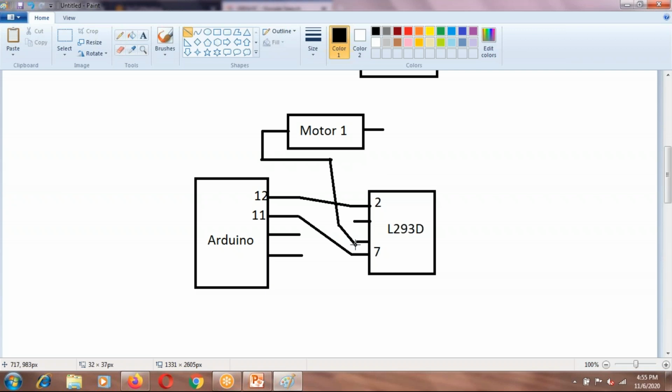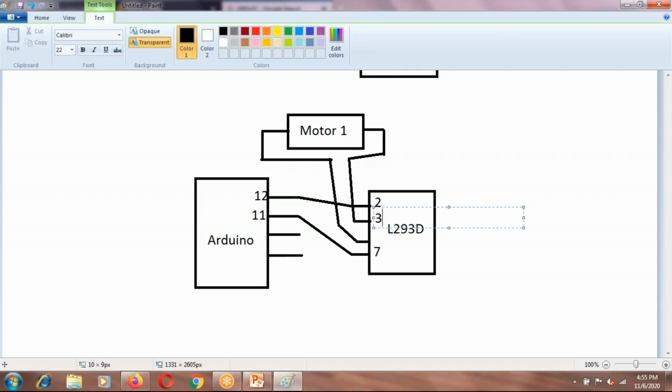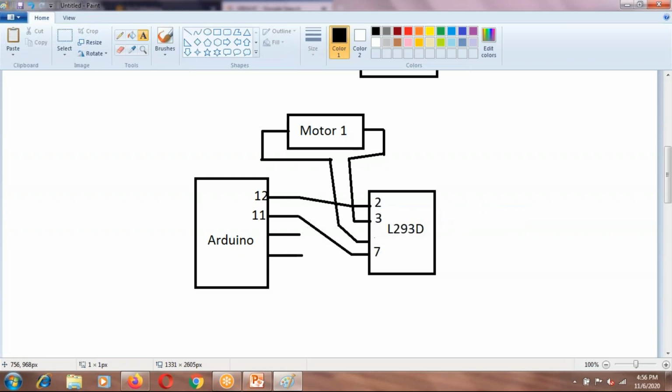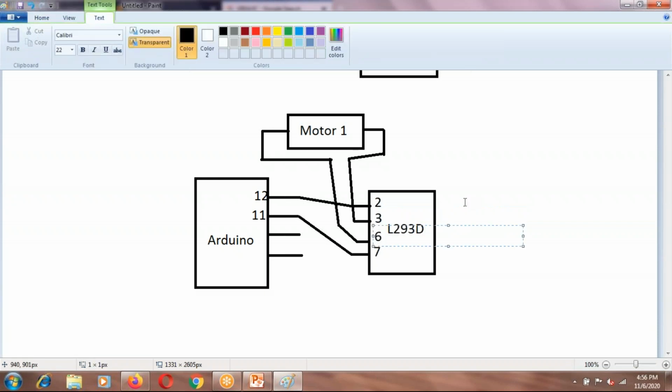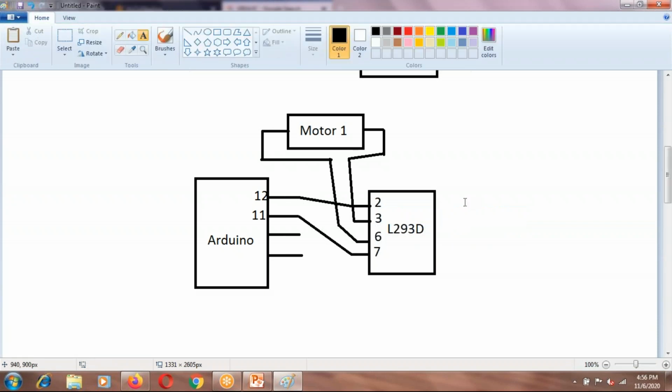This particular terminal is connected to the output pin of the L293D, that is pin number 3. Let me write these pin numbers here, 3 and 6. So this is going to be your hardware connection for controlling one of the motors.